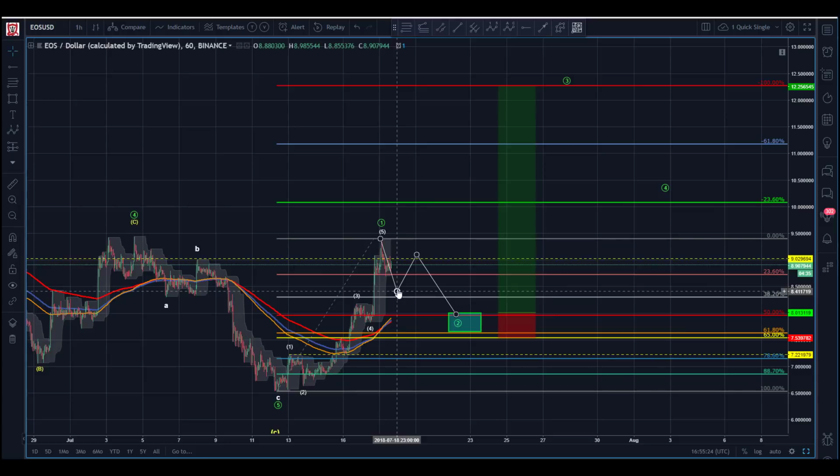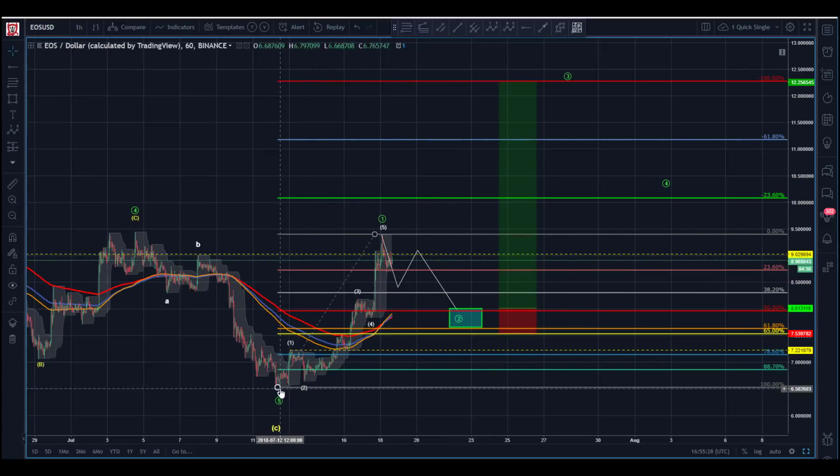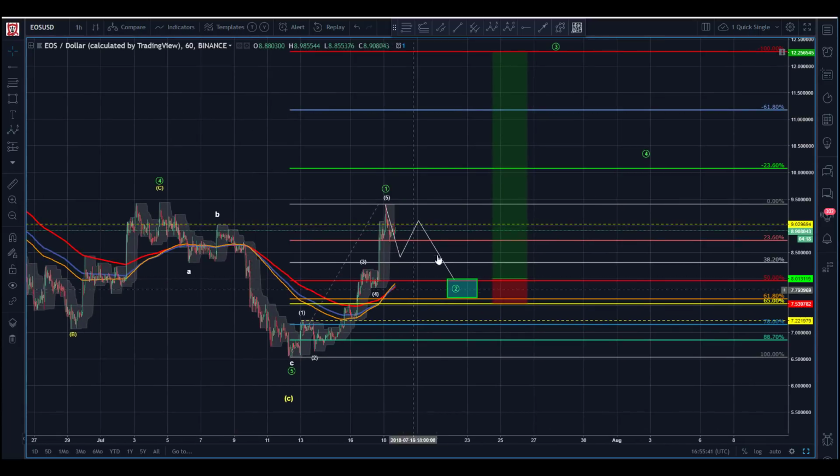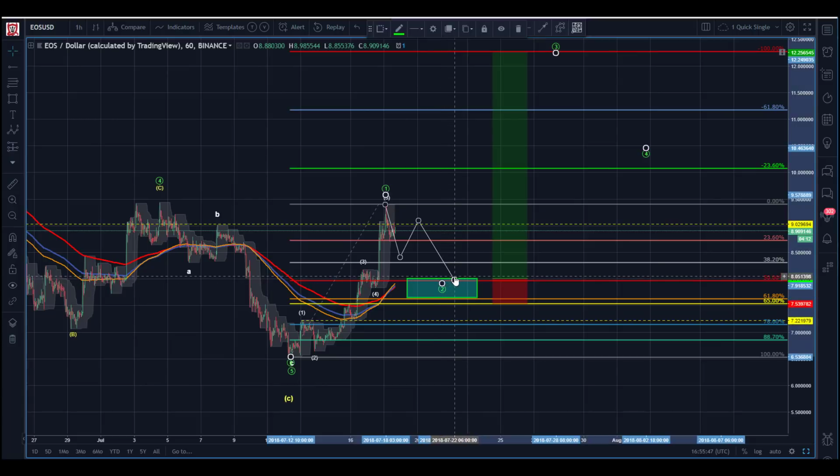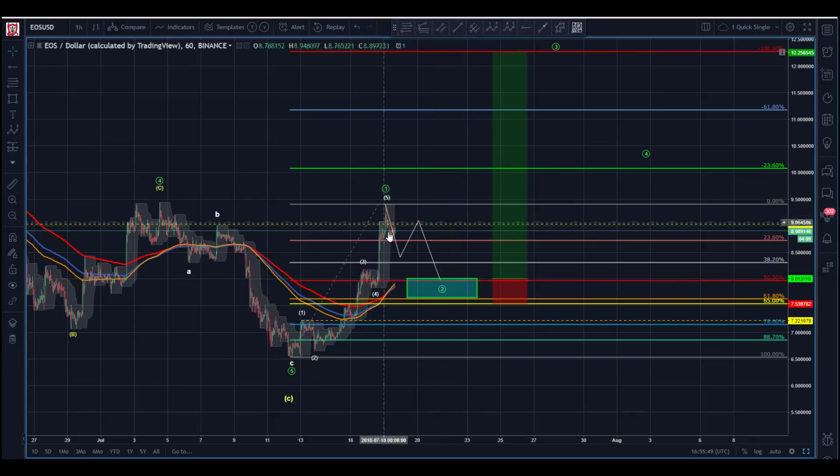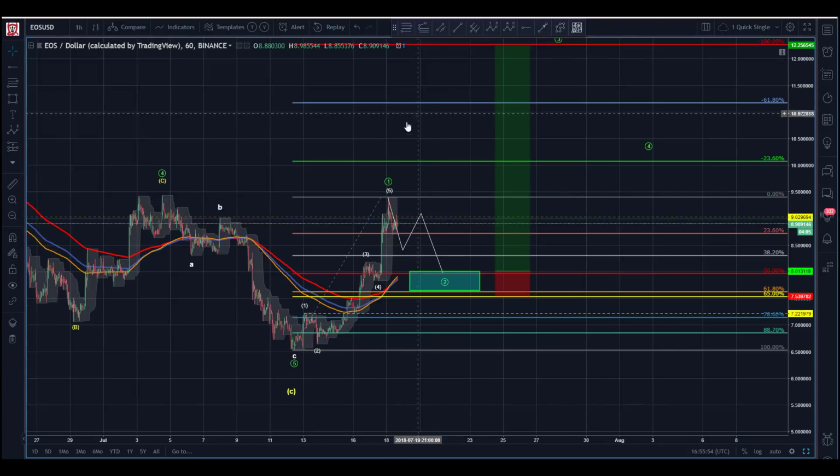So we could, and if we can get this 3-wave subdivision. So what we're looking for is this combination here. So we have pattern here. Now we're looking for pattern in conjunction with a Fibonacci retracement that has high probability. Where do we usually find a 2? We don't have to wonder about it. We know what the statistical data tells us. So we know that the highest probability for a 2 is going to be sitting down here between the 50 and the 618. So I would not be a buyer here, even though this thing could rip straight from here.